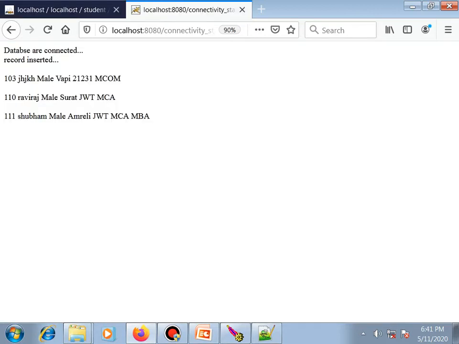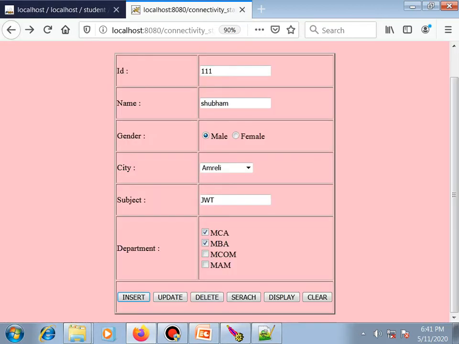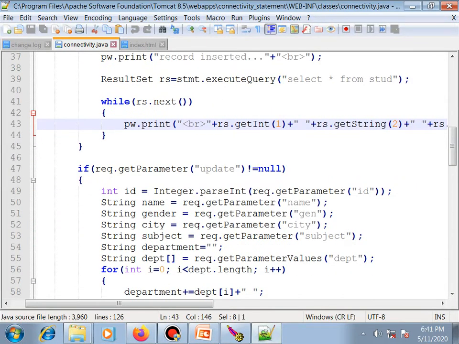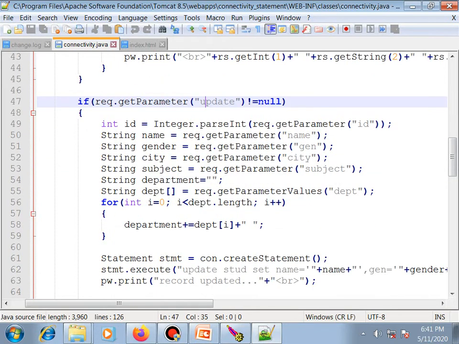Next, how can we update our data? For the update, request.getParameter("update") is not equal to null. Same as the insert, you have to get all the parameters: getParameter ID, name, gender, city, subject. For the department, we use the loop.